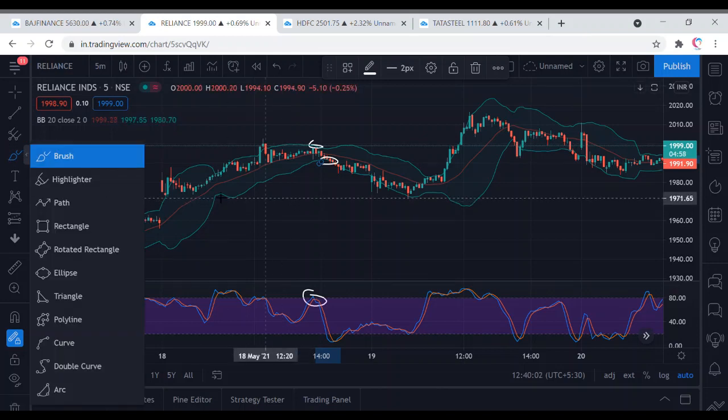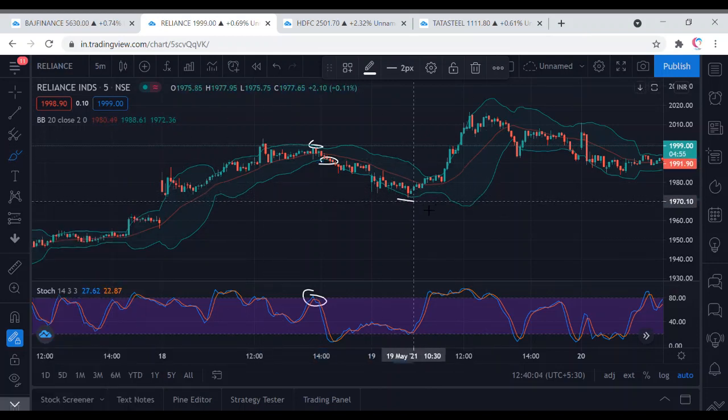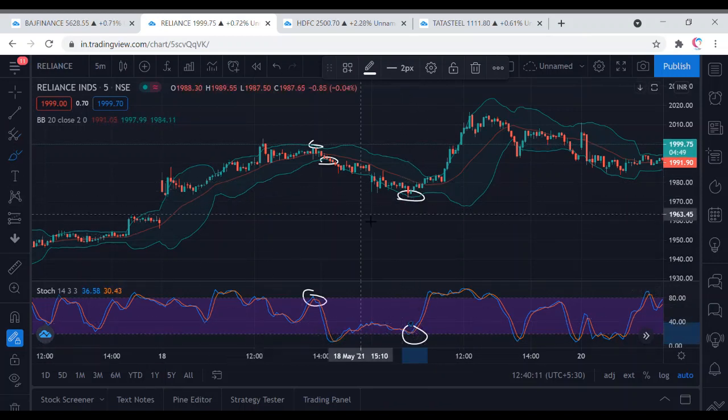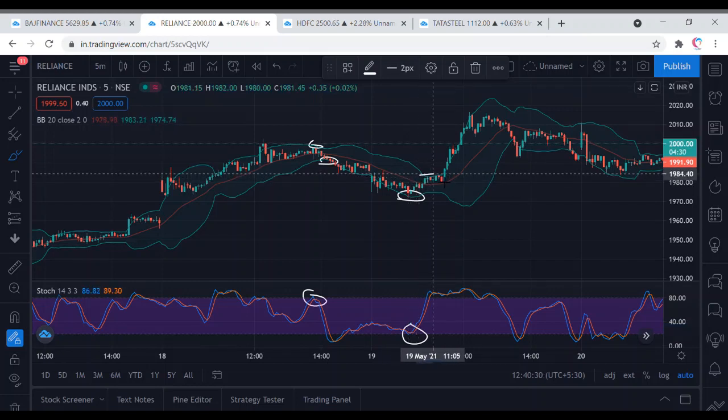So we'll be looking at another example here when the price came down and touched the lower Bollinger Band. And here again you got a signal to buy. A buy signal at around 1975 with stop loss at 1971, or I'll be rounding it off and keeping it at 1970. You can see if you would have held on to the trade, you would have got a good 10 to 15 point move when the price touched the upper Bollinger Band, and that is your signal to get out of the trade.